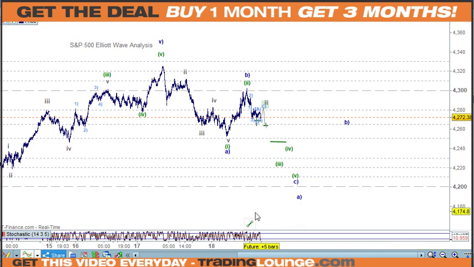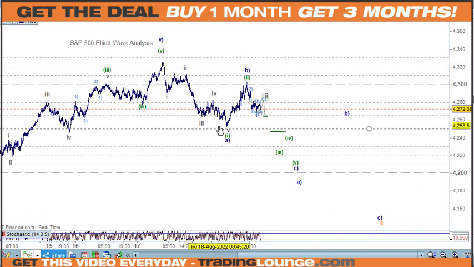So I'll just rehash this. So we can have an A wave, a B wave, and a C wave here, and that's the end of it, and we go up from that point. So we see Thursday being the bear day, and we see Friday and Monday being the bullish days. That's possible. It's also more likely to see this here as 1, 2, 3 down here.